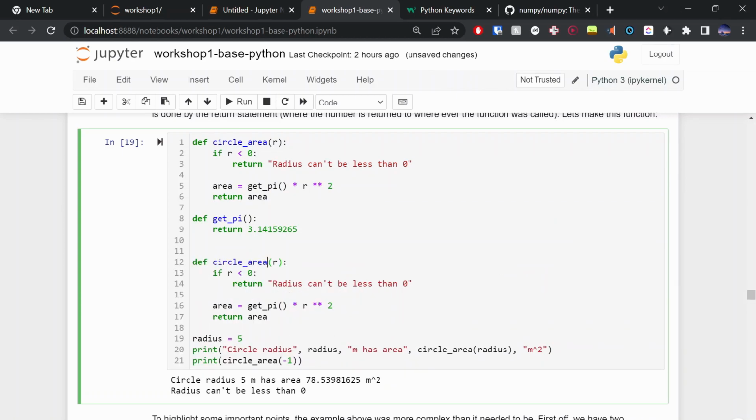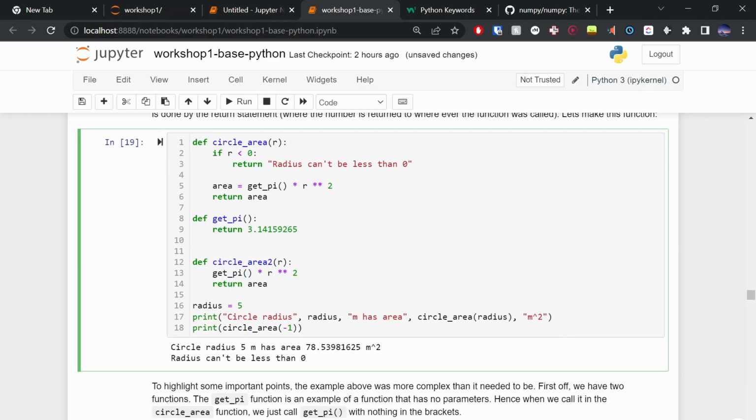Basically, we could boil down this function to something like this, where it just takes an r and returns 3.14 times r squared.